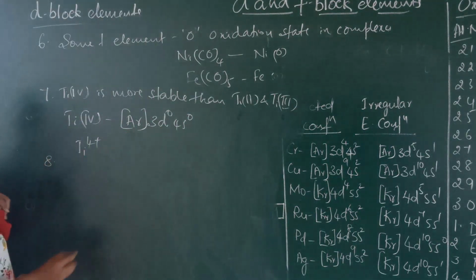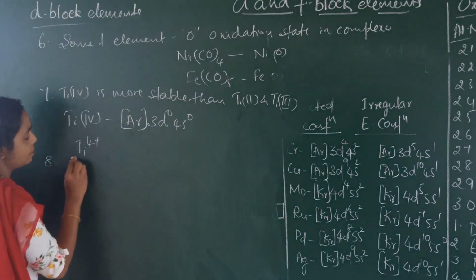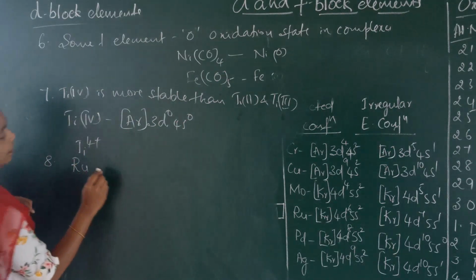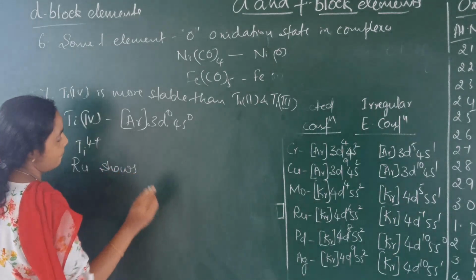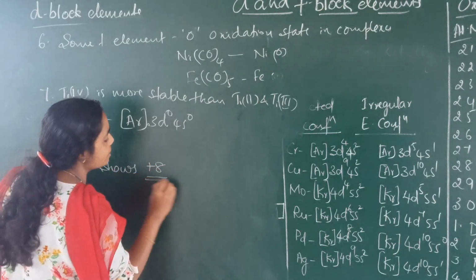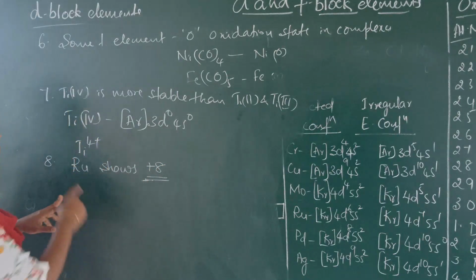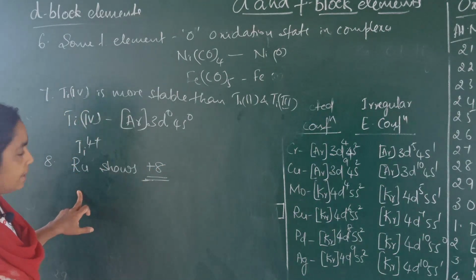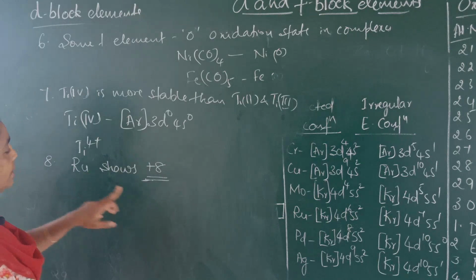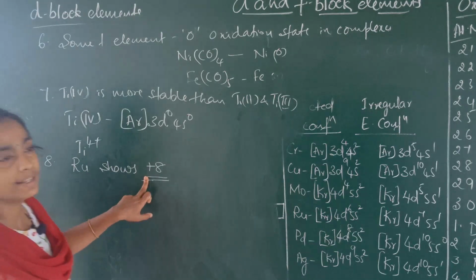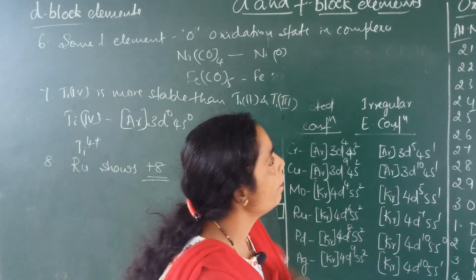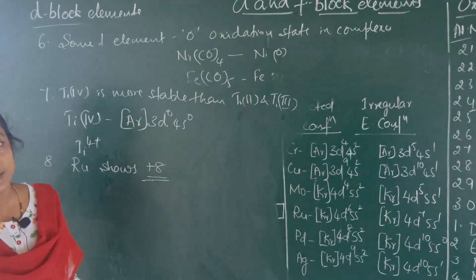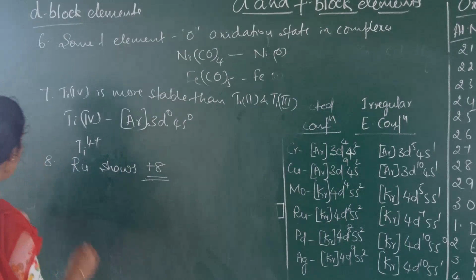The next, the transition element ruthenium shows +8 oxidation state. Ruthenium comes under the 4d series. It is a 4d series element. It has the ability to exhibit +8 oxidation state. These are the points you have to remember under oxidation state. Next,